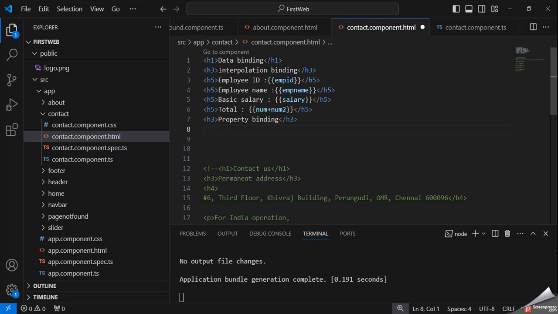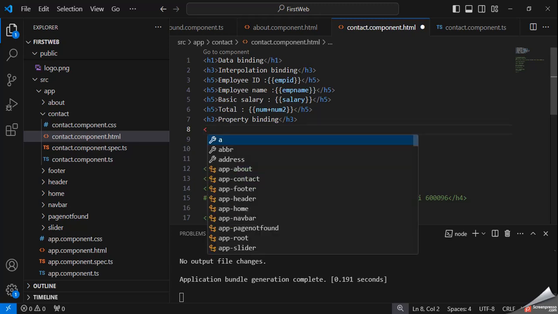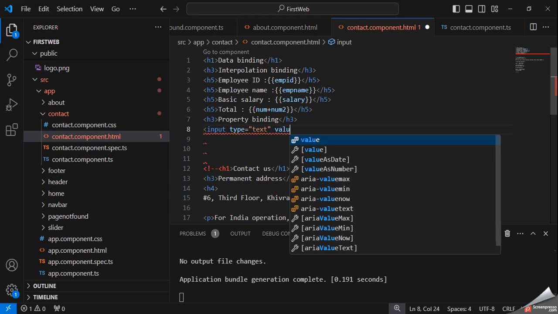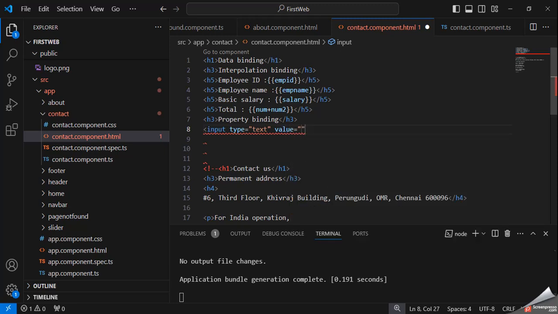I'm going to use an input tag, type is equal to text, and suppose we want to show the same values like here, empid.